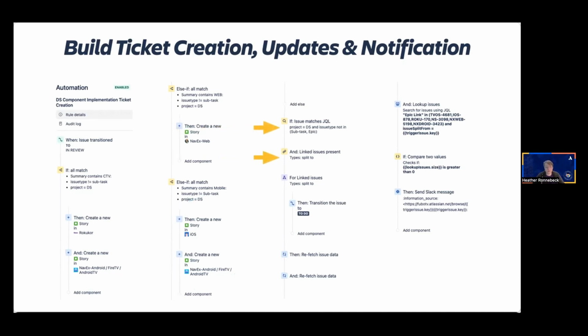Once all of the tickets were created, we ran into our next phase, which is updating the statuses of all the linked issues in the trigger issue. The first thing is that we ran an if statement to locate all the story tickets that were impacted by the rule. Small spoiler, it's the trigger ticket. We also then have to look at the linked issues inside the trigger story and find the tickets that were linked with the split to link type.